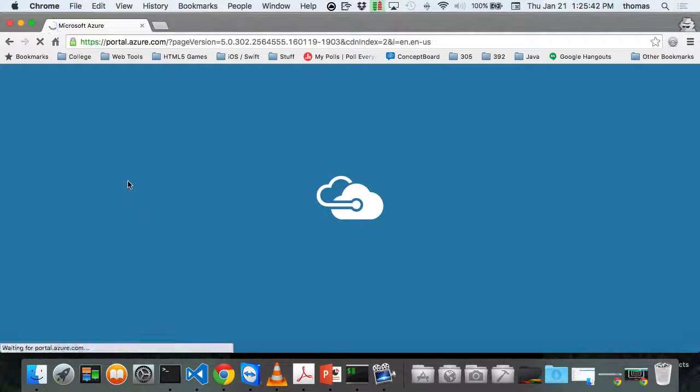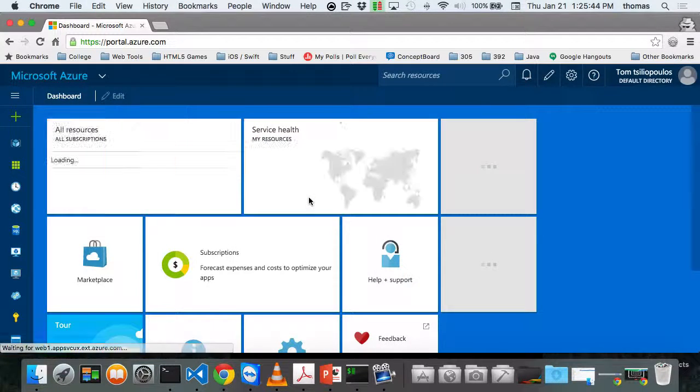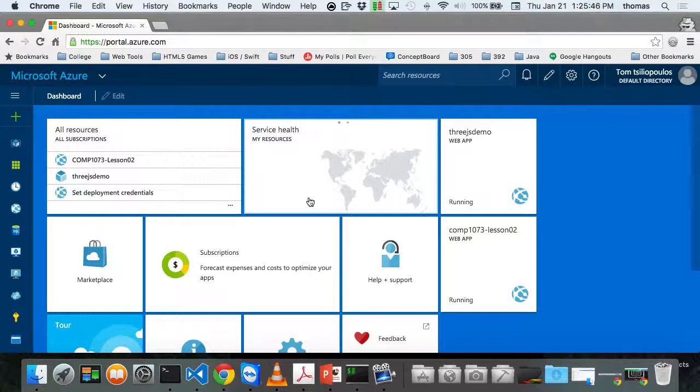Notice I'm not even clicking. I sign in frequently, so I don't even do that anymore. And then you're going to get to this step right here. Okay? Please get to this step, portal.azure.com. If you get to this step after you've logged in successfully and verified your subscription, then we can do this. We can't do this until you do that.